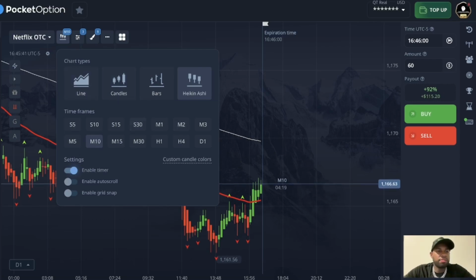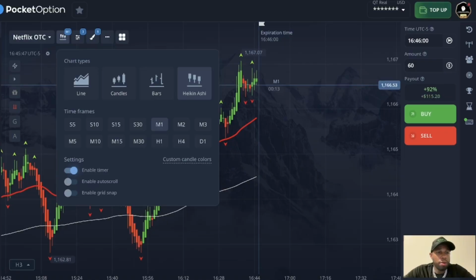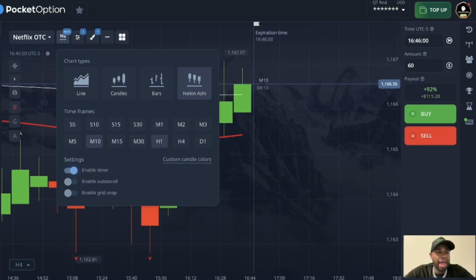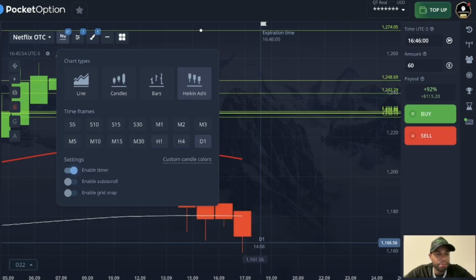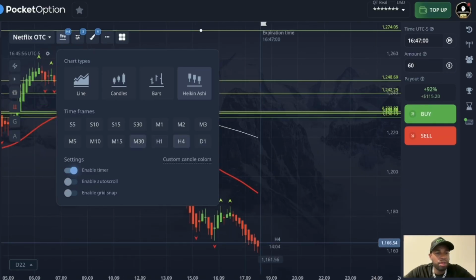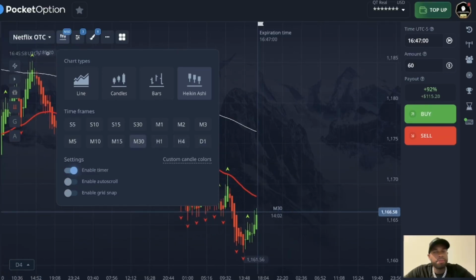Time frames. I typically use 1 minute, 10 minute, and the hourly the most, but I also use the daily, sometimes the 4 hour, sometimes the 30-minute. It all depends, right? It all depends on what's happening in the market during that current time.